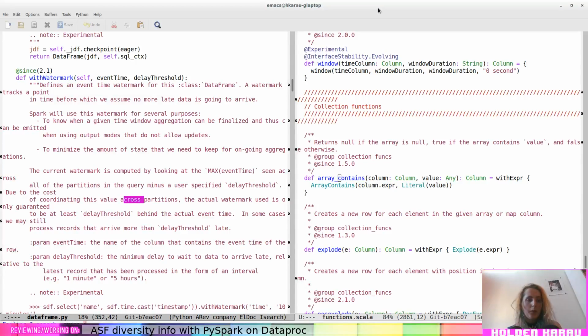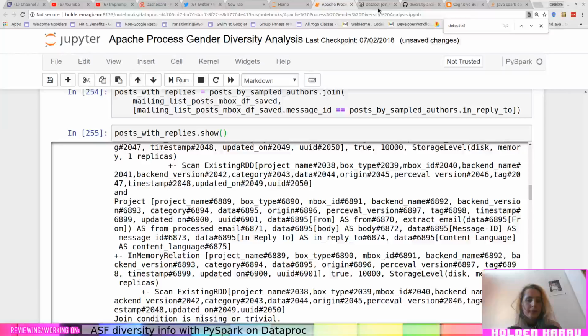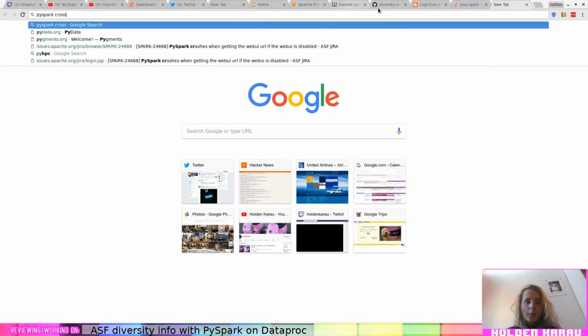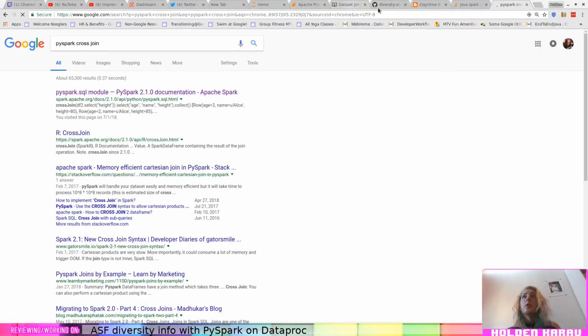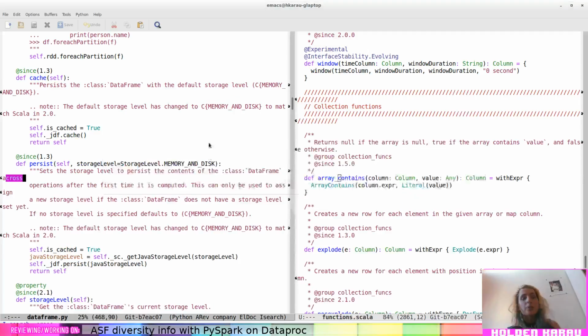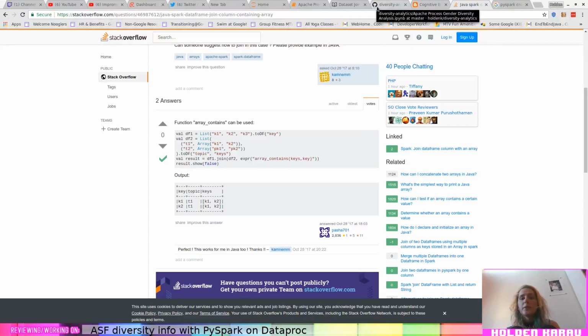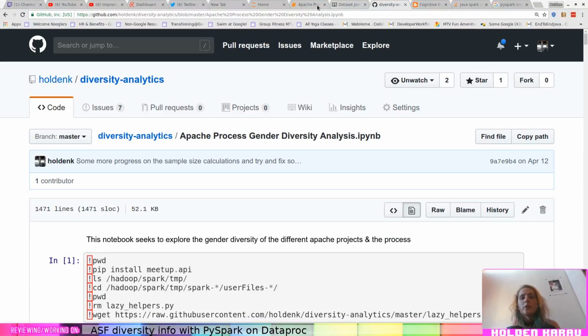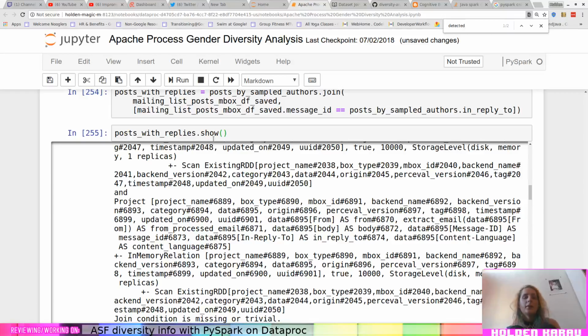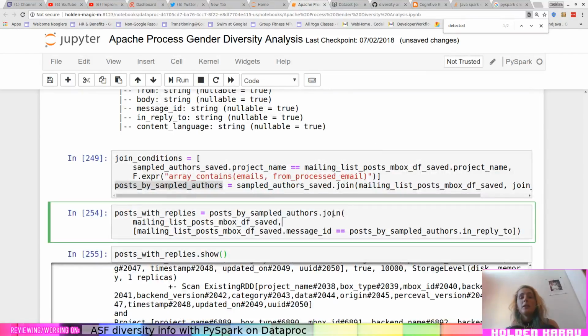PySpark cross join. I love you. Thanks for streaming. Yay! Thanks, TensorFlow Pony. So we need to do a cross join, and this is because I'm joining a data frame back to itself, which normally will do really bad things. I don't think it will this time. It's really easy to make your data blow up doing a cross join.